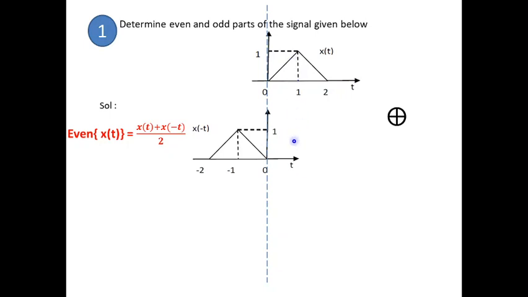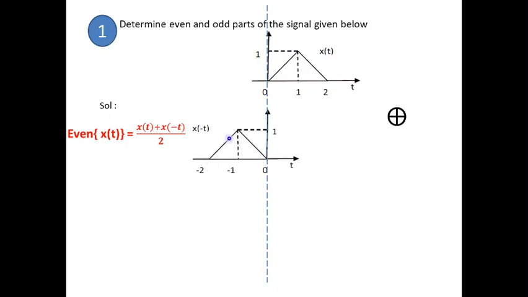You have to first identify the extreme time instants of the signal. Where is the left hand side extreme time instant? It is minus 2 over here. Here entirely it is 0. So, the extreme time instant over here is minus 2 and on the other side it is 2. Automatically the resultant signal, which is the addition of x of t and x of minus t, will have time instants from minus 2 to 2. Each and every point you have to perform addition.